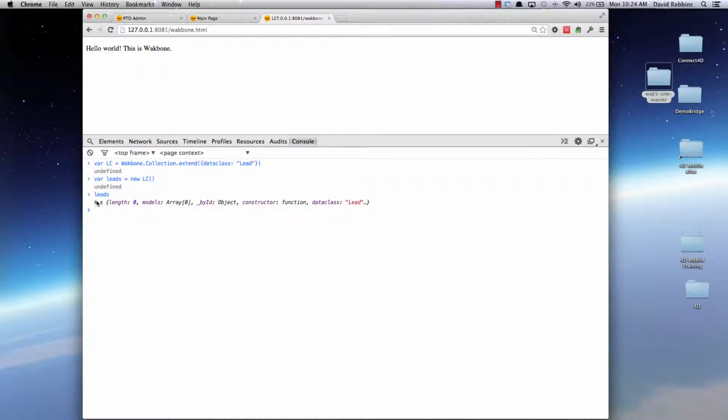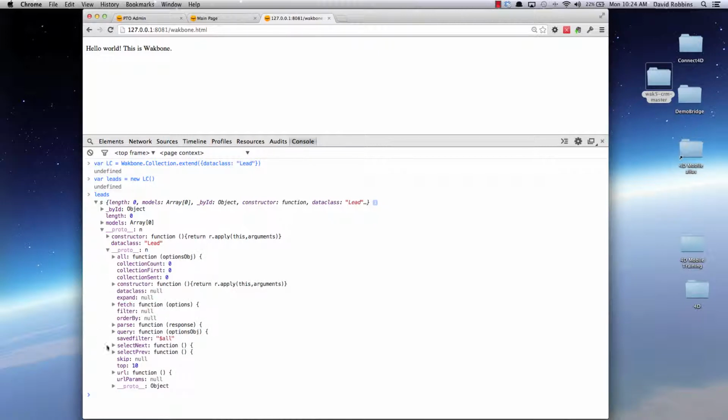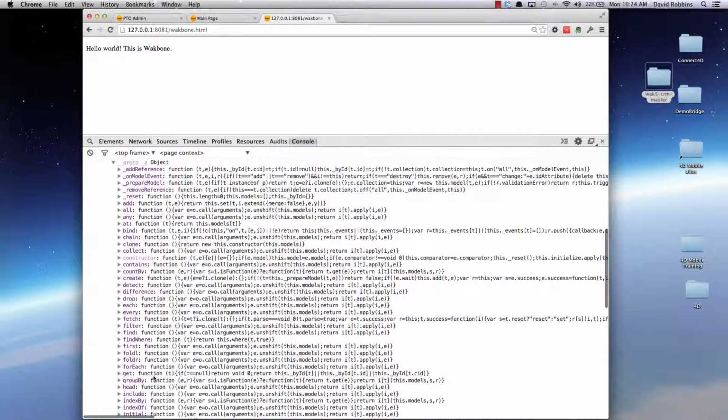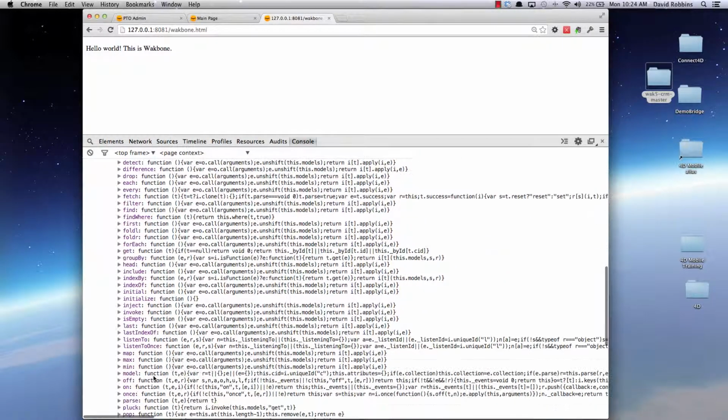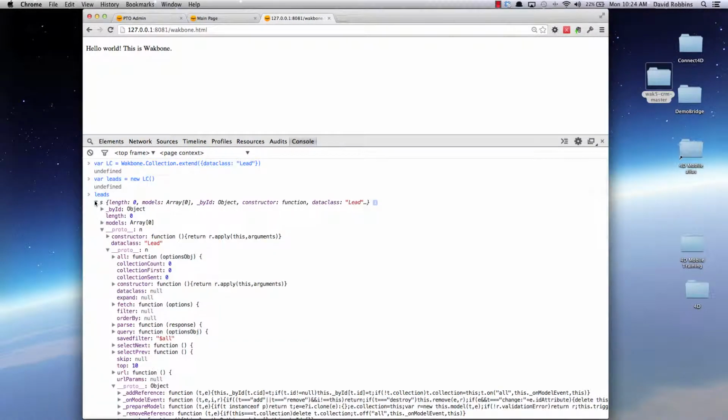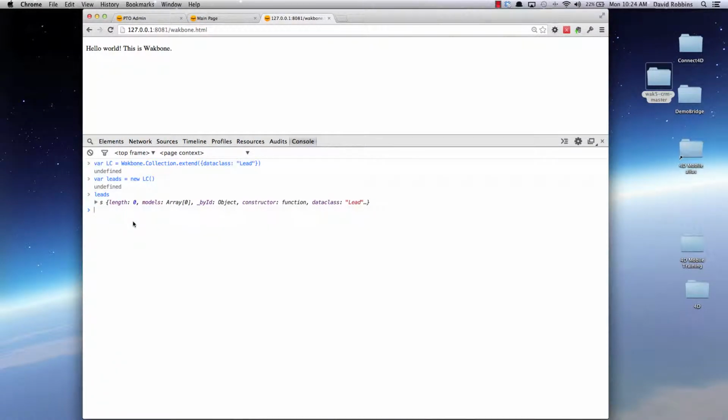It's a Backbone collection object. And as you can see in the prototype, there's my constructor. I passed in the lead. And here are my Wakbone properties that I'm keeping track of and a few new methods that I've added. But we still have all of these methods from the Backbone collection object. So it works exactly like the Backbone collection object with a few new features. But if I do a fetch, that's a Backbone method,